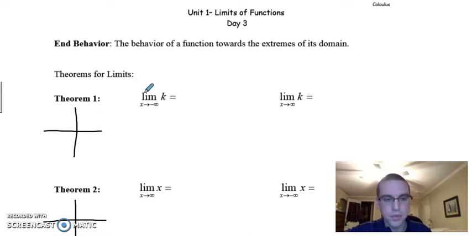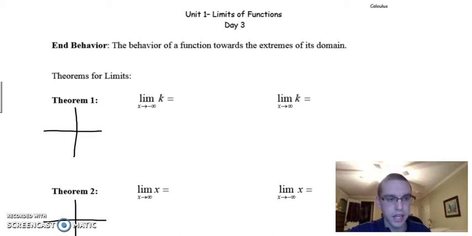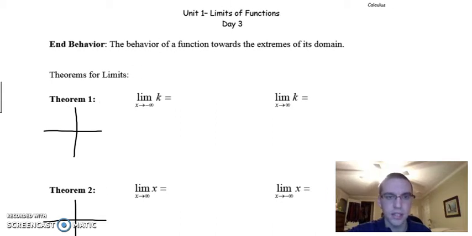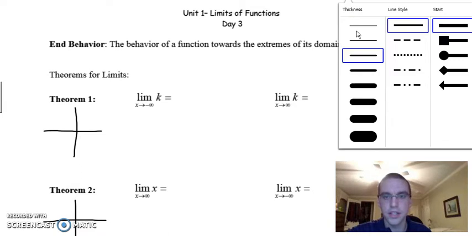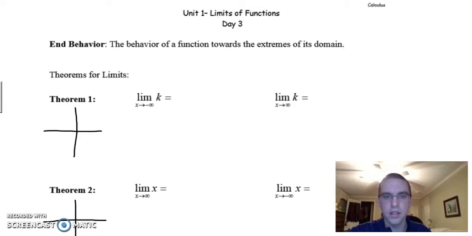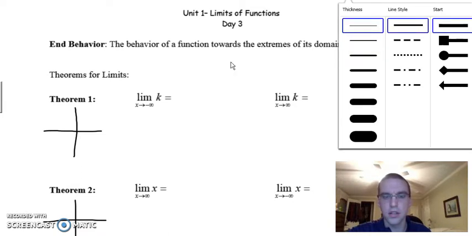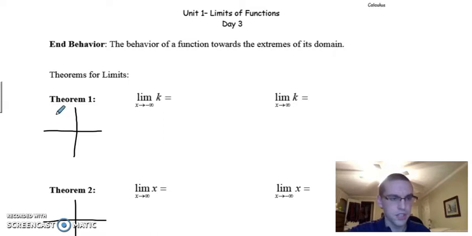Now, we know that when we talked about the limit as x approaches something of k, that's just a straight line. Let's try this again. We know that we're going to just get a straight line, that being k. And so as we look at end behavior now, end behavior as we go to negative infinity,